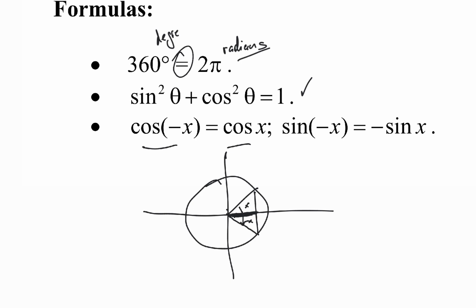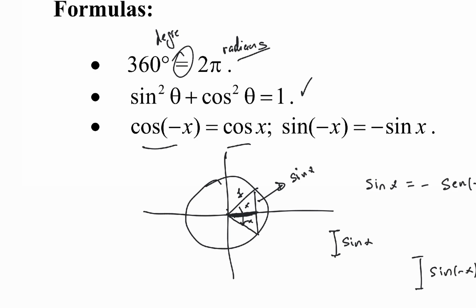And you see sine of x is positive. Sine of x is the opposite. This is a circle of radius 1. So this is sine of x, and as you see, sine of x is equal to minus sine of minus x. So sine of x is like this, going up. And sine of minus x